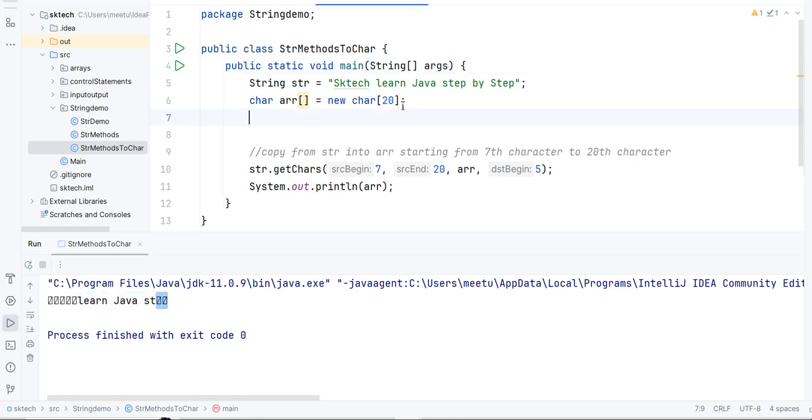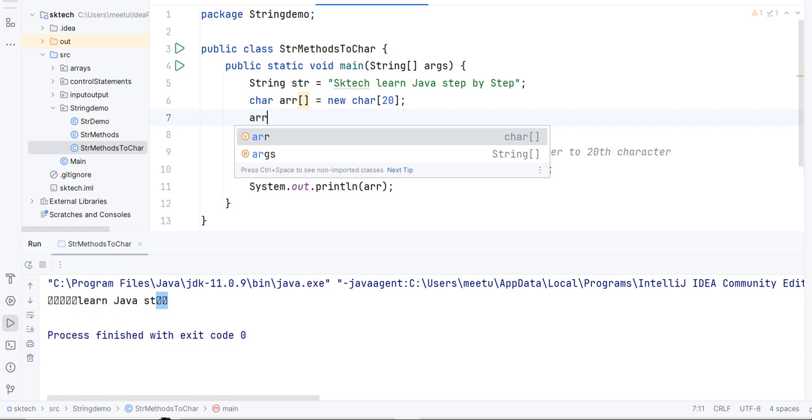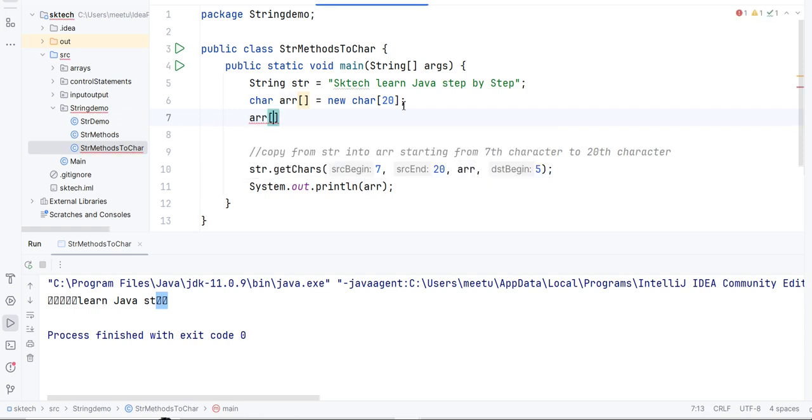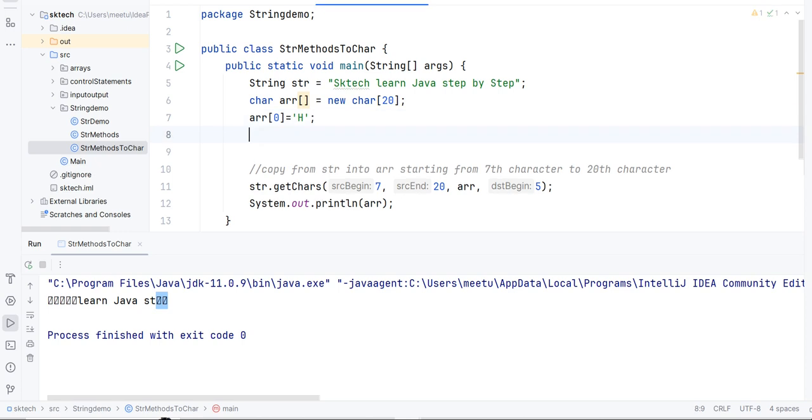So this is useful when some data is already present in this character array. Let's say in this char array, at 0 position, some data is already there, something like h, and in position 1 it is having something like i, right?